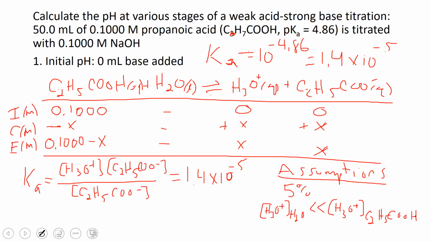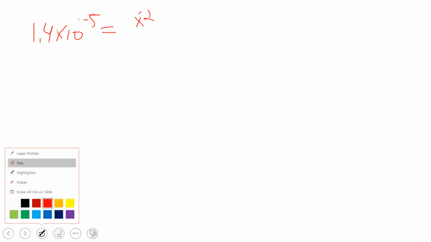Okay. And so we'll take this data onto our next page, and we'll start to fill in, we'll utilize our Ka expression, just like we always would with a weak acid in water. And so here we just say, okay, well, our 1.4 times 10 to the minus 5 is going to equal the concentration of hydronium times the concentration of the propanoate, so X and X, so we're going to put that X squared up in the